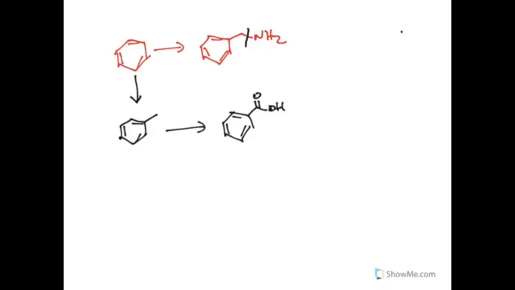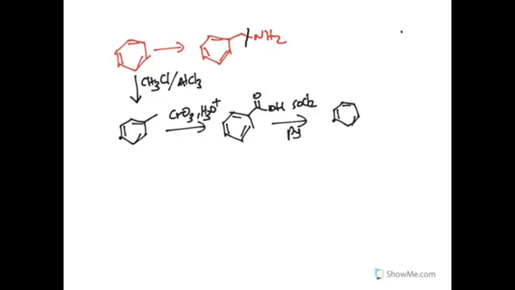And here we can use a Friedel-Crafts alkylation. That is, if we use CH3Cl together with AlCl3, and then here we can do oxidation. Then we can transform this using SOCl2 and pyridine to generate an acid halide,